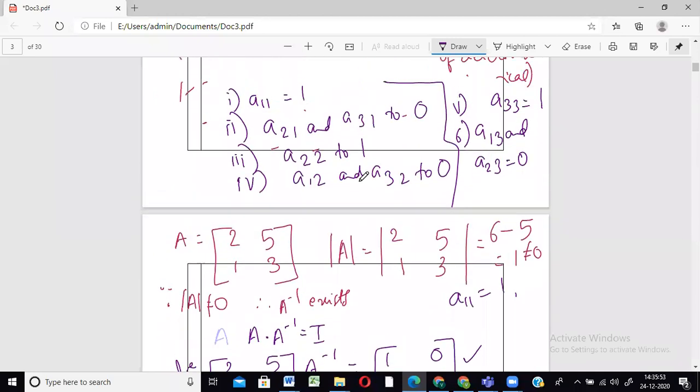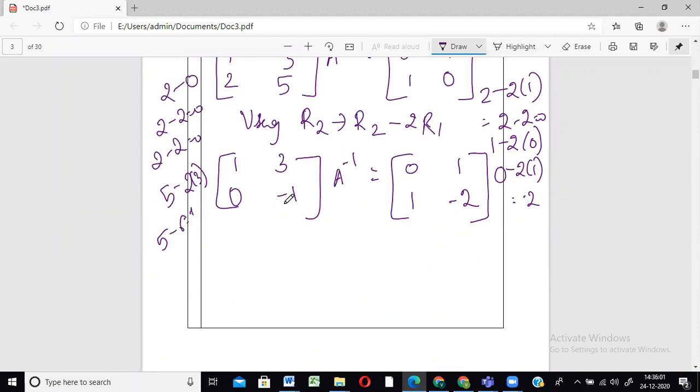Alright. So A22, you have to make it 1. Okay. A22 is the second row, second column element that you have to make 1. So how will we make this one? See, it's very simple. Making minus 1 into 1 is very easy. That entire row I will multiply with minus 1 and then I'll get the answer. So what am I going to do? R2 changes to, I am going to multiply R2 with minus 1 throughout. Okay. So that becomes, there is no change in R1.